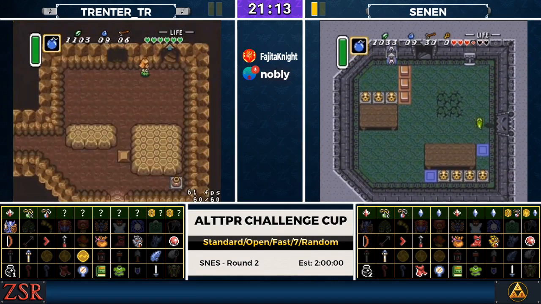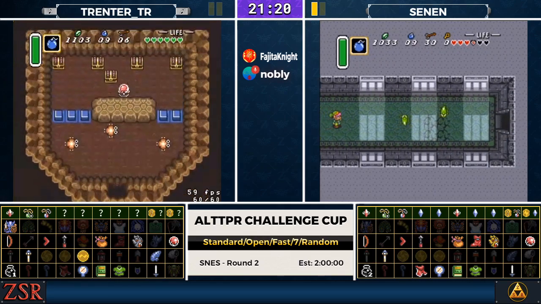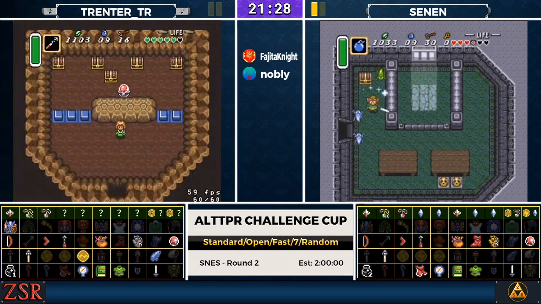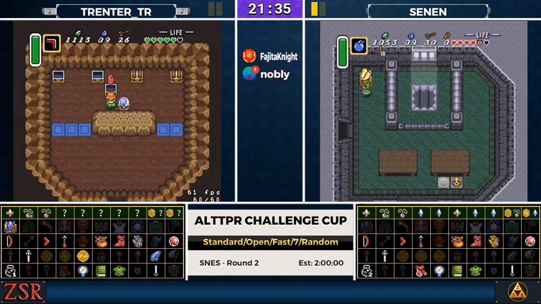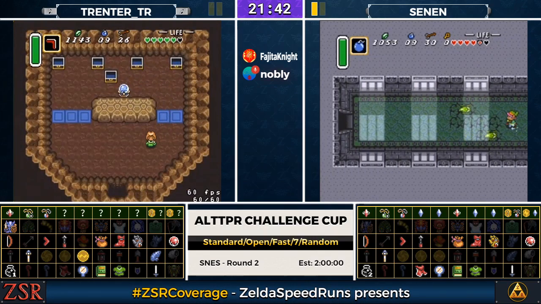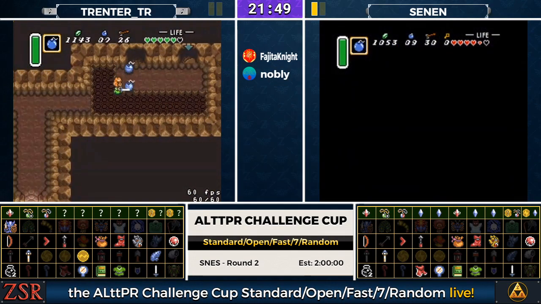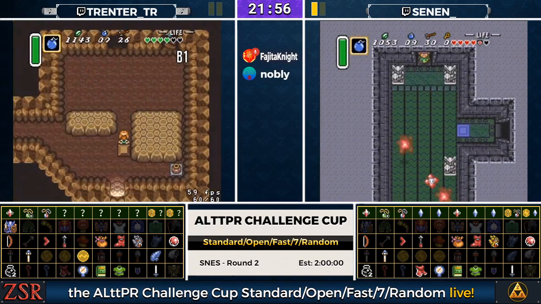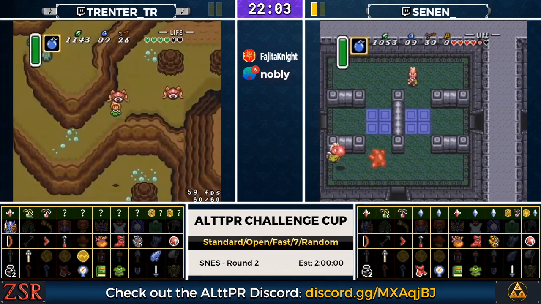And Trenter is now tracking Sen's locations. I'm gonna find his boots in a couple of seconds. There we go. Looks like... No. That first bomb ruined it. He had a perfect setup for the second bomb, but the first bomb just...